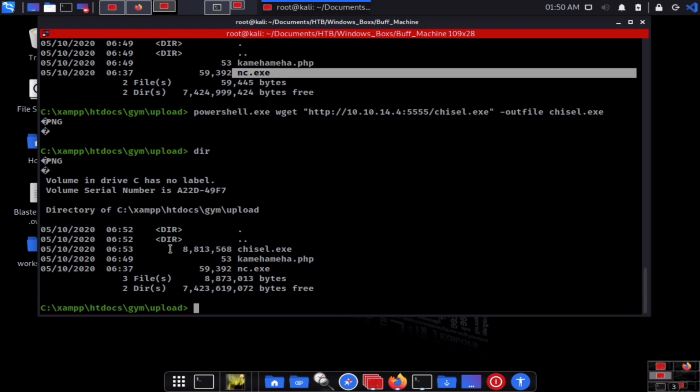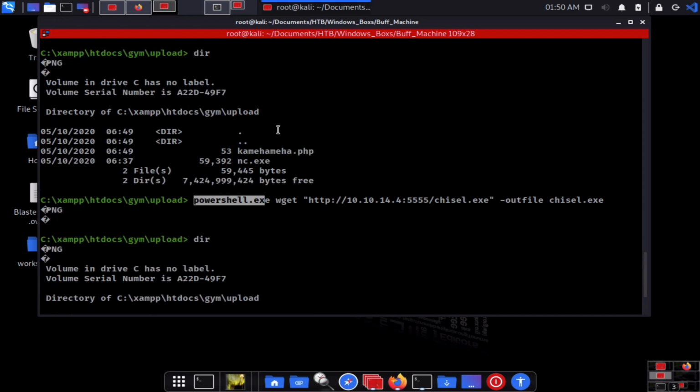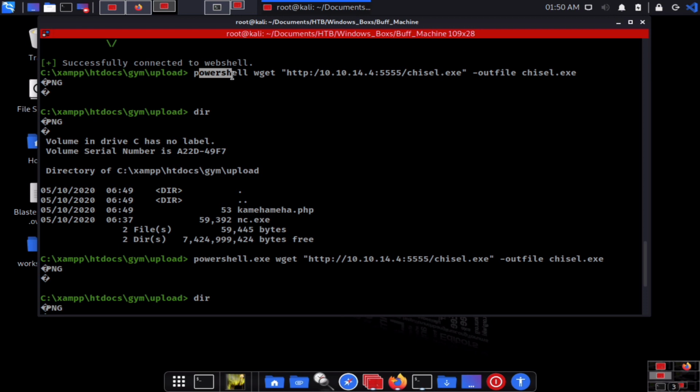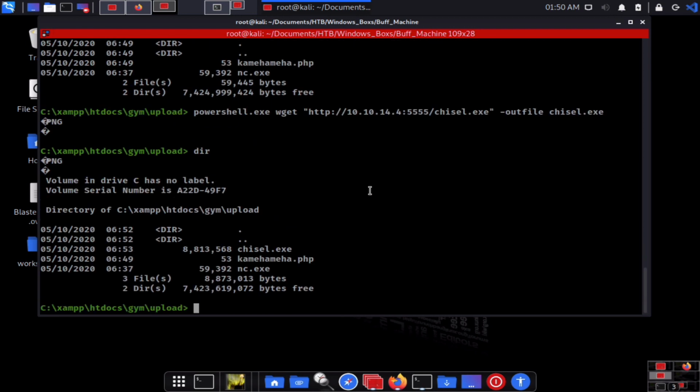Here you go, right? We got the file here. So it is okay to use PowerShell.exe, not PowerShell. Otherwise this will not give a proper result. This is the command, you can use it always. Now we got this. Now what we have to do is run this script, and then take everything to our attacker machine.